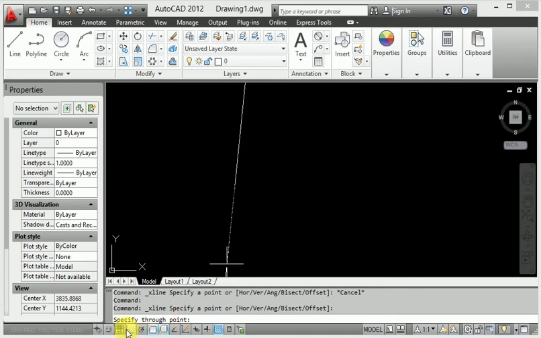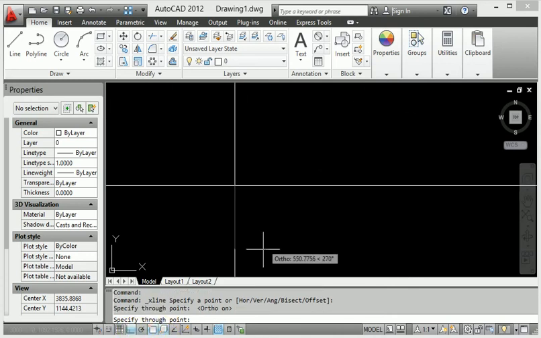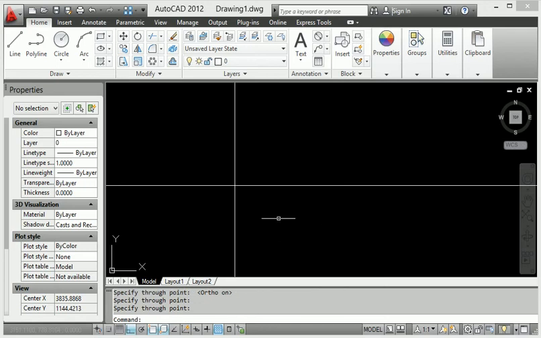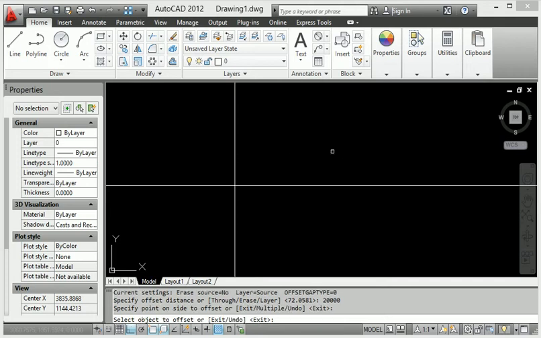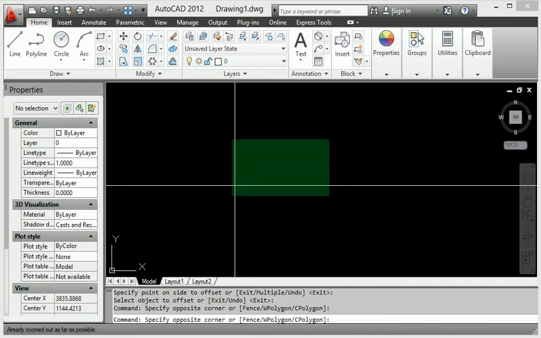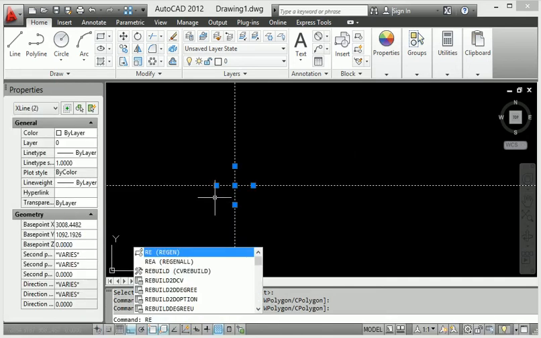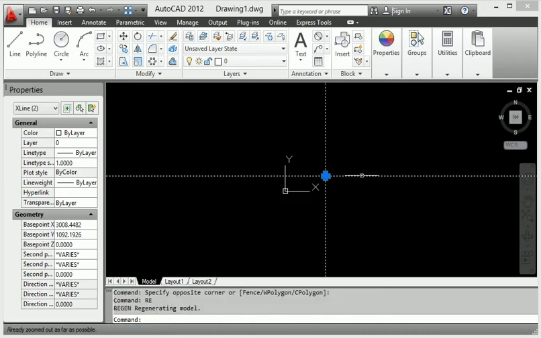orthogonal. So when I turn on ortho, it creates horizontal and it creates vertical. Then after that I will provide a 10,000 to 20,000 distance. So get 20,000. When I go to offset, here offset, then provide the 20,000 distance. So it is a very large distance because they are not easily confined. So this is very important here.